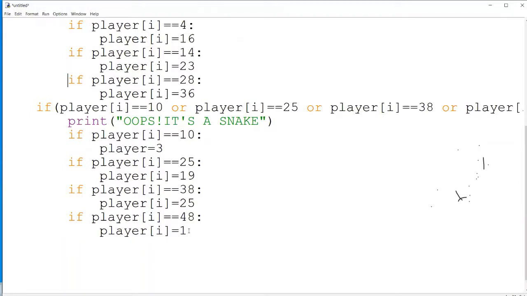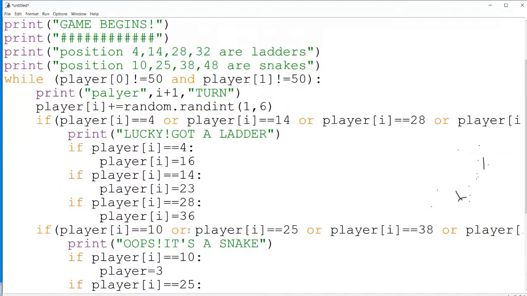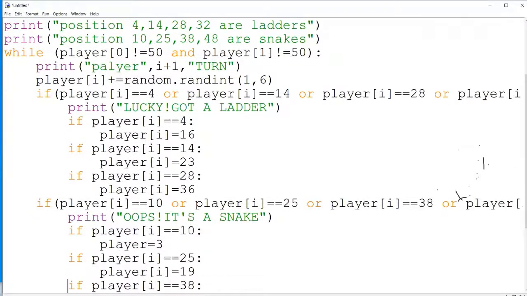Now this if we have done. Now within the while loop, this is for one particular move. Once a user throws a die, we have one move. This will execute one time, but this whole process should keep on repeating. That is the reason we kept everything under the loop. Now this whole process is under the loop.